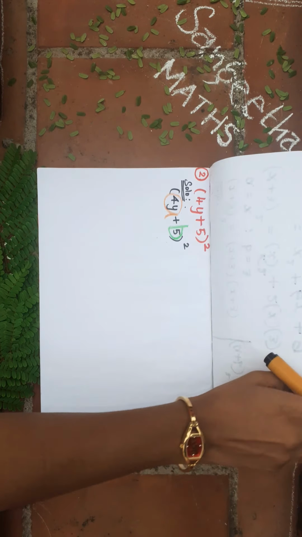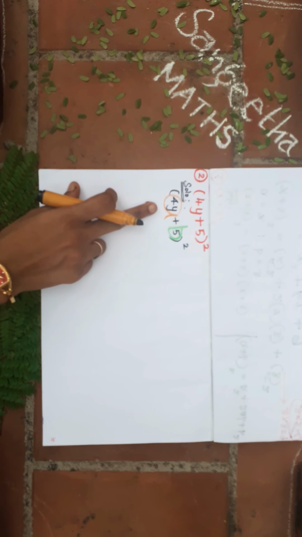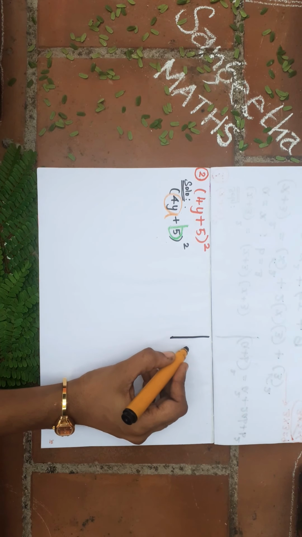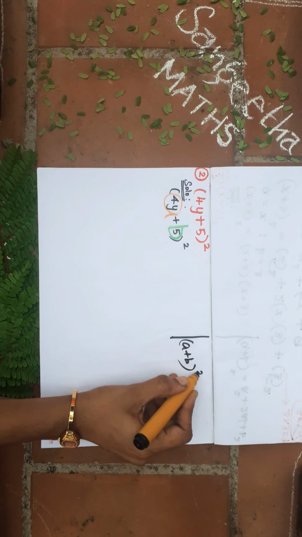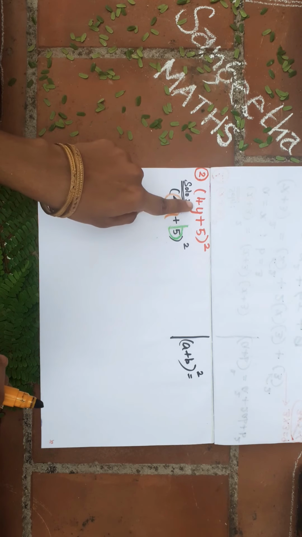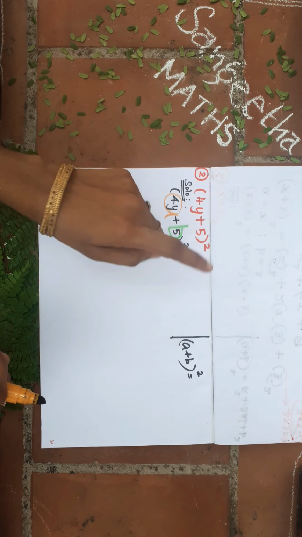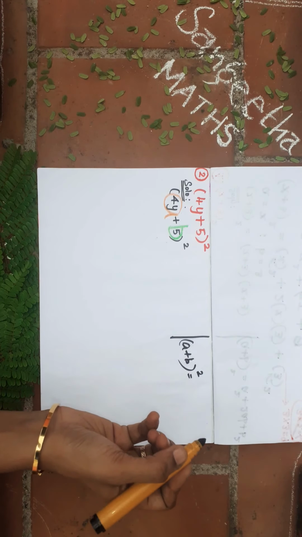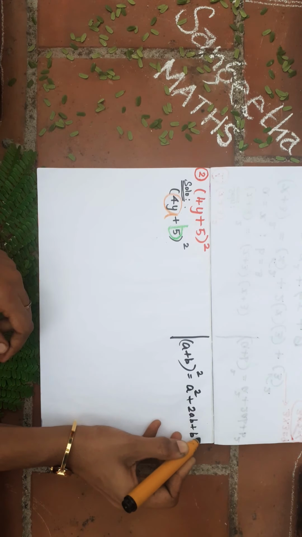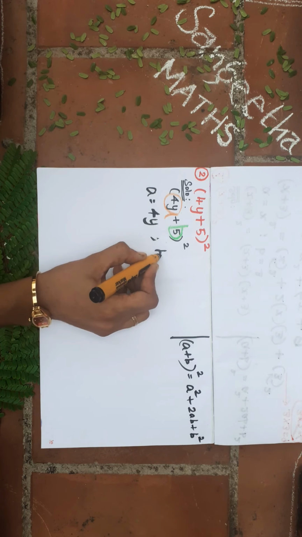So let's go for the next sum. (4y + 5) the whole square. I have taken 4y to be A and 5 to be B. So what do we do again? We are going to apply the same identity number 1. (A + B) the whole square is equal to, why? Because I get two different terms, A and B, with a plus in the middle. This usually happens with binomials, where we multiply a binomial by a binomial. So it is A square plus 2AB plus B square. What is your A here? Your A is 4y and B is 5.